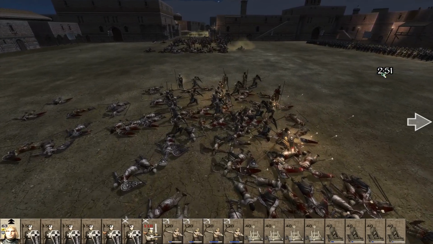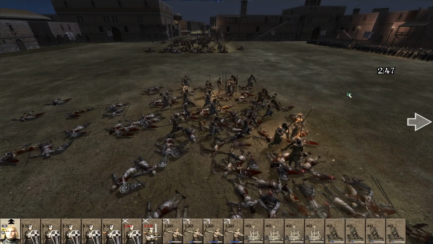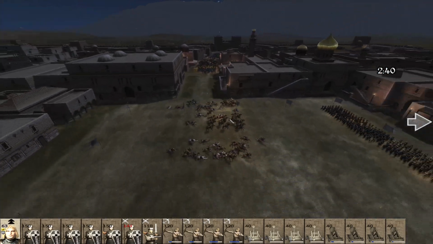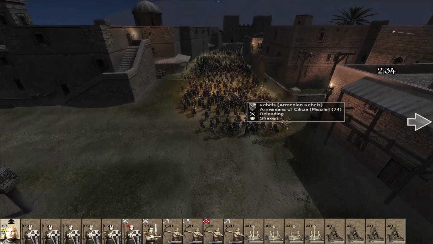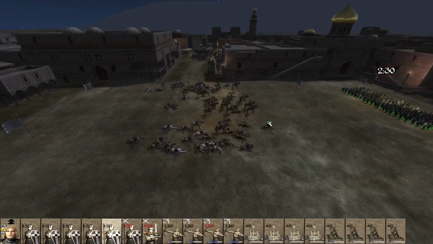I think if the timer does run down, I have the option to just continue the battle anyways, so I'm actually not too worried about that running down. What would be very nice to do, though, is once we take out these guys here, to then come and hit these guys in the rear. In fact...